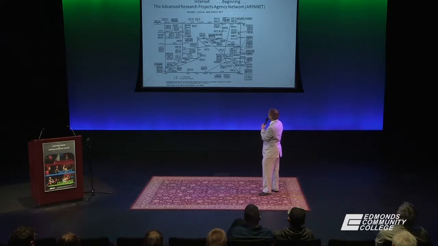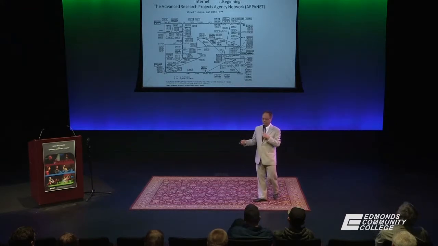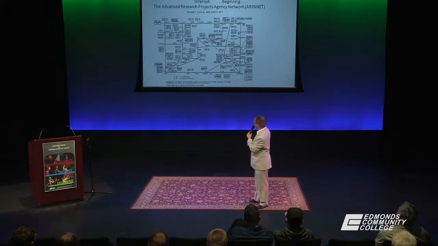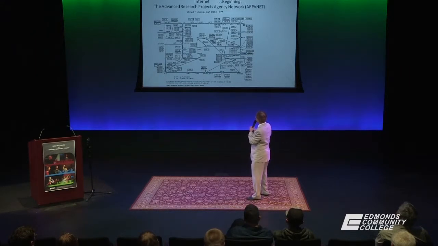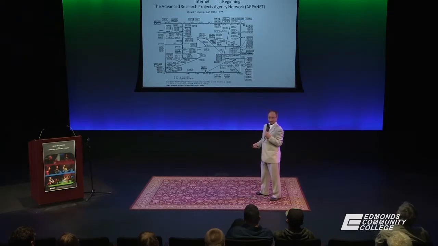Now the reason I show you this is not to talk about the infrastructure, because the other instructors already have. Now the idea of the network is this, very quickly: suppose I want to send a message from the Pentagon to Hawaii. Okay, without this network, I have to call using a modem telephone from Hawaii and from the Pentagon. But using this network, I have a lot more options. Why?